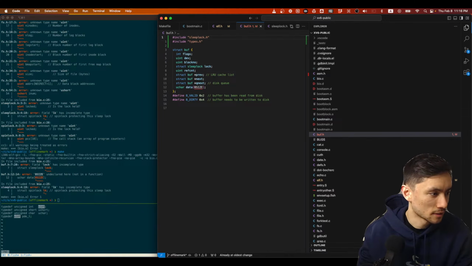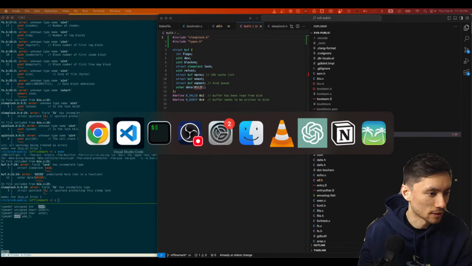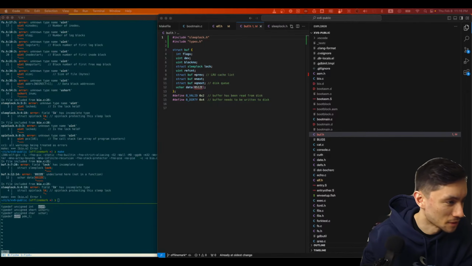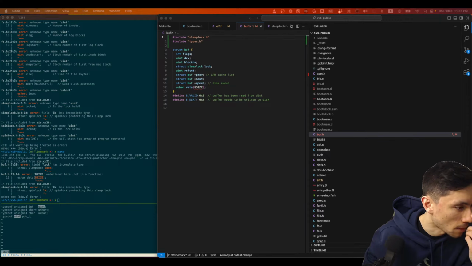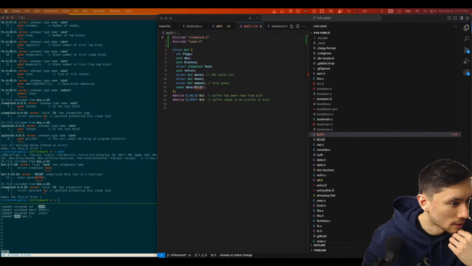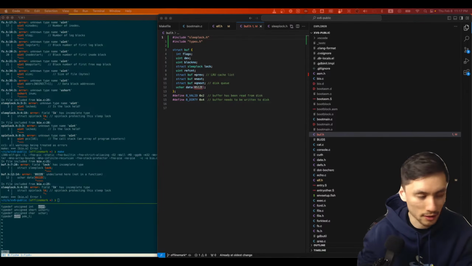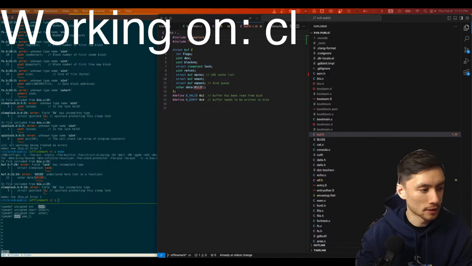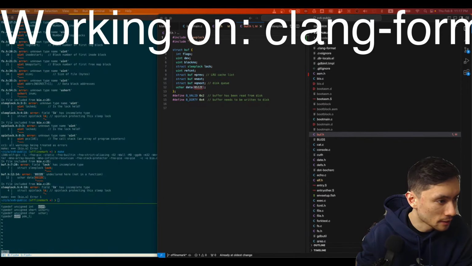I'm going to quickly pause and add a little bit of text to the stream, which I was going to do a little earlier, just to talk about the topic of what I'm working on, so people can check that out. I think I can create new text, and the text says: working on Clang formatting, code base, fixing.